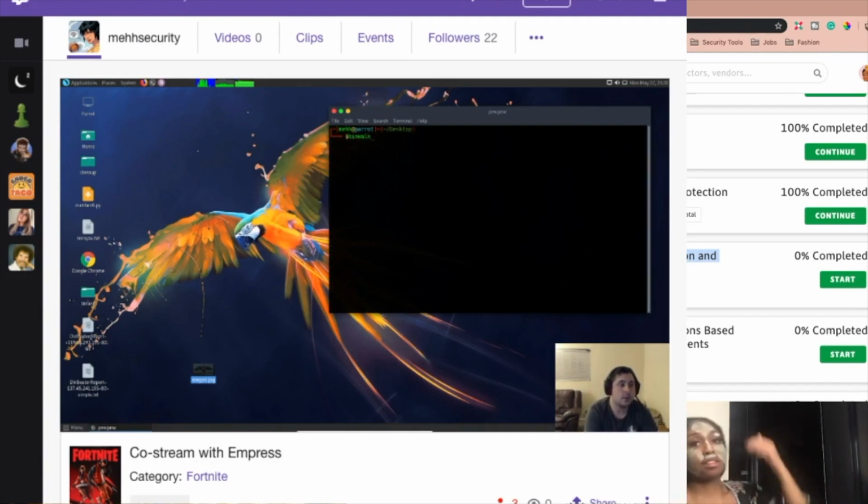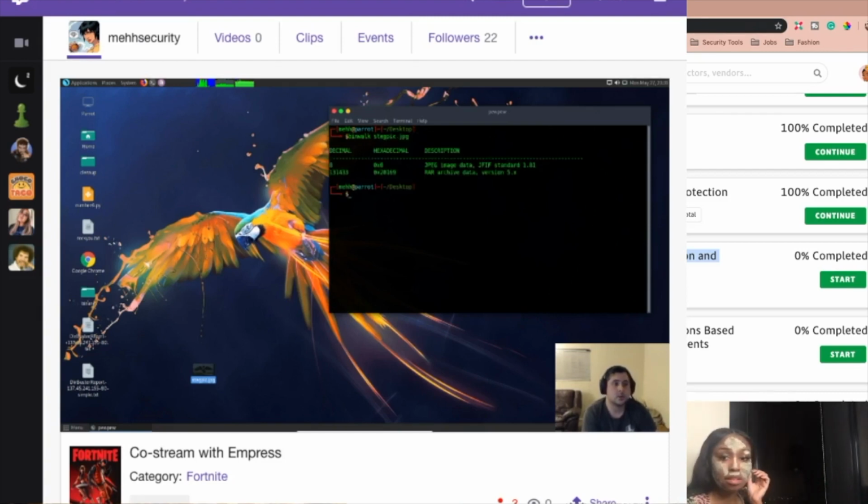And do something called binwalk on stegpic. Let's see if this works. Huzzah! Now, notice there's two things that binwalk has said the file has in it. It has the first thing starting at decimal zero or hex zero, and it's a JPEG. But then further down into the file at this location, 2169,